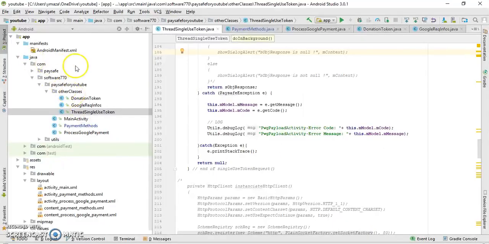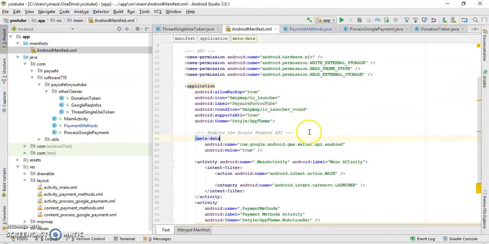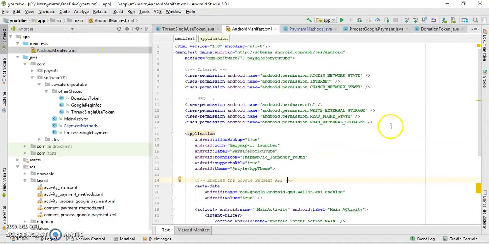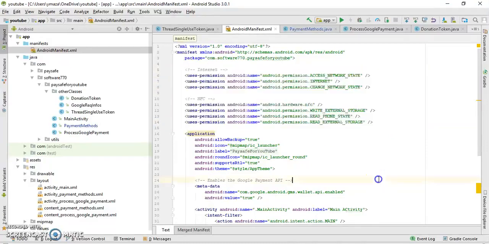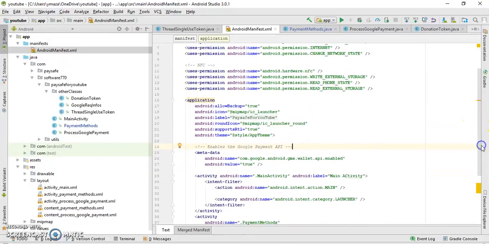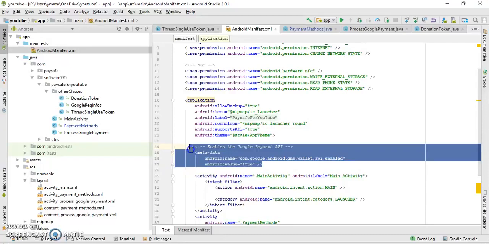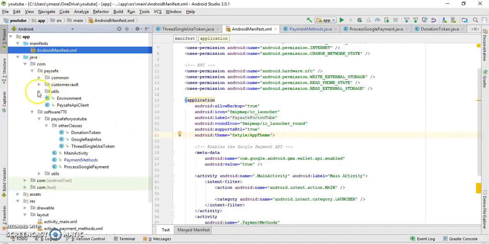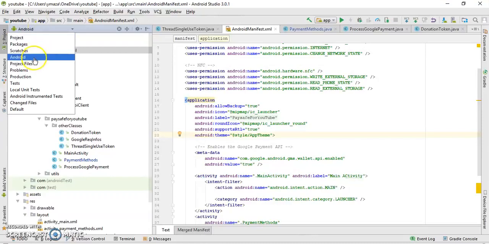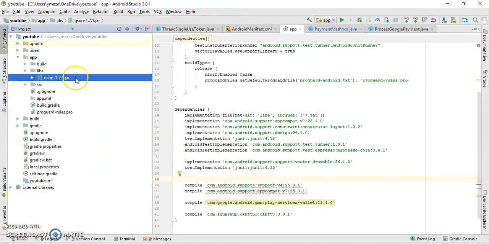What I wanted to tell you, I don't want you to lose time, is this here. You'll have to go to Android manifest if you do it from scratch, and you have to add all this. What is this? Permissions. Don't forget to do this too. Enable the payment on the phone, and also don't forget to import the library. Let me go to the library. So you have to import JSON from